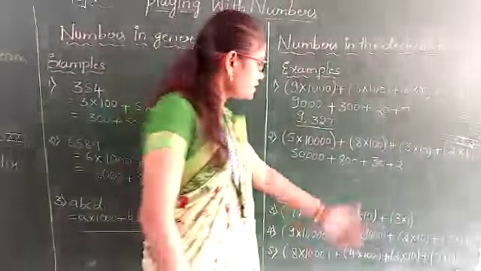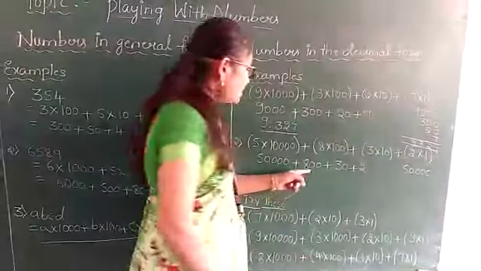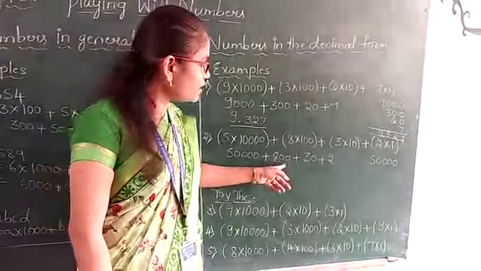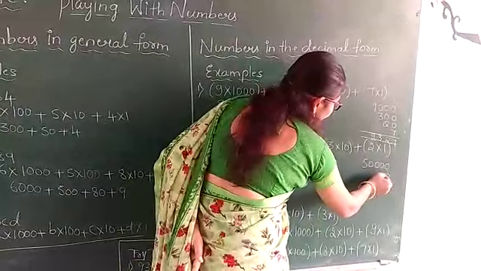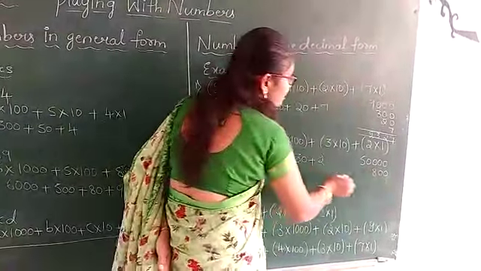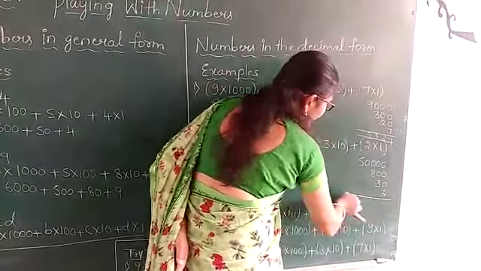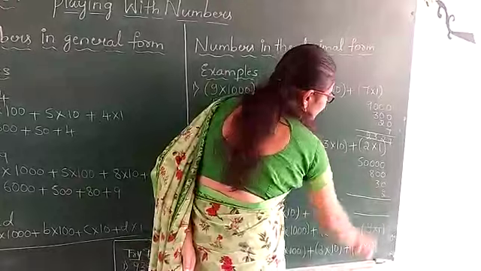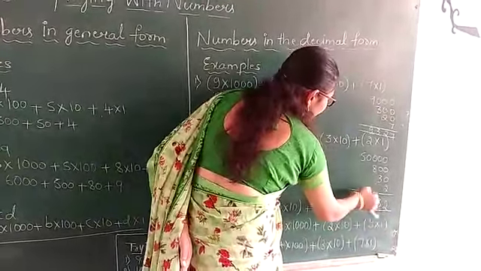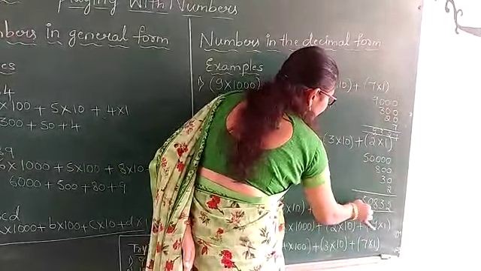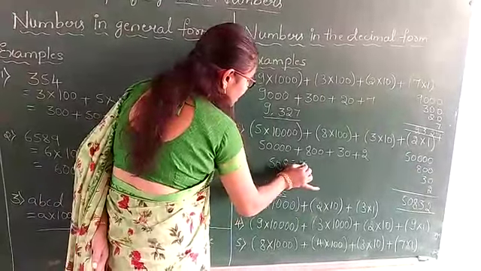Again, we are going to add these numbers. First one is 50,000. Next is 800. We have to write this 800 in the proper way. See, the place value you have to see and then write. Next one is 30. Next one is 2. Now we have to add these numbers. 0 plus 2 is nothing but 2, 3, 8. Here observe carefully, one more 0 is there. Next 5. It becomes 50,832.